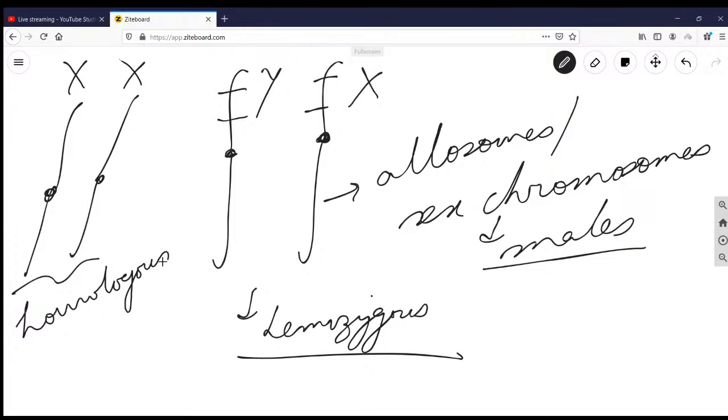Homologous pair of chromosomes, but the genes could differ. Suppose in the case of SARS-CoV-2 you have the ACE2 receptor gene present on the X chromosome. So this may be a high class receptor, this may be a low class receptor, depending on the difference. But the chromosomes will be homologous; this will not be homologous, they are hemizygous, meaning completely different altogether. This is the concept regarding hemizygosity.